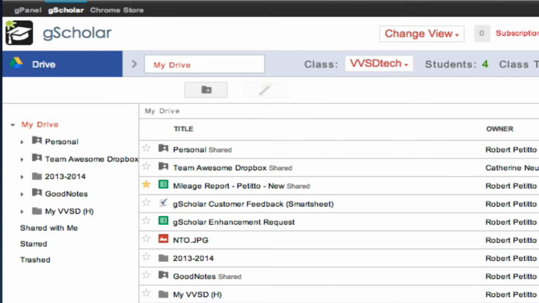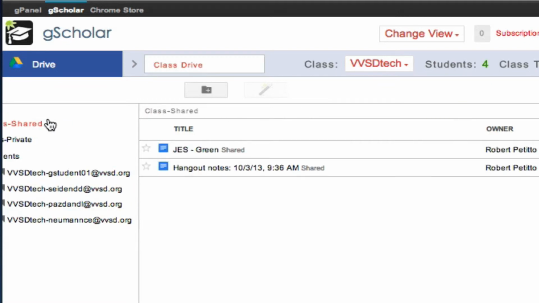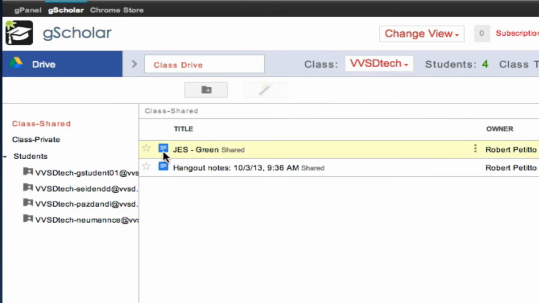That should be reflected here in my gScholar interface. If I go to my class drive and then go to my shared folder, I see the document that I had just moved. Now if I wanted to create a copy of this document for all of my students so that they could edit and then resubmit it, so using it as a template or notes or a fill-in-the-blank exercise